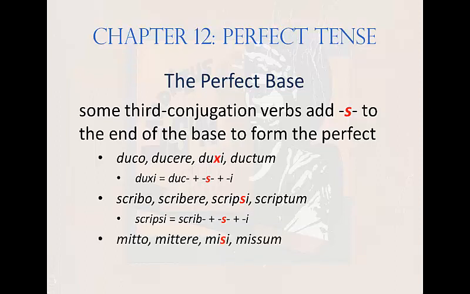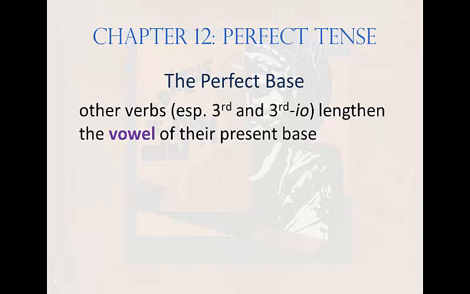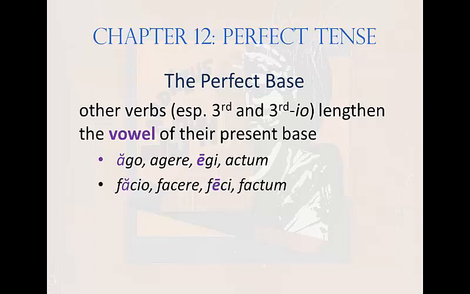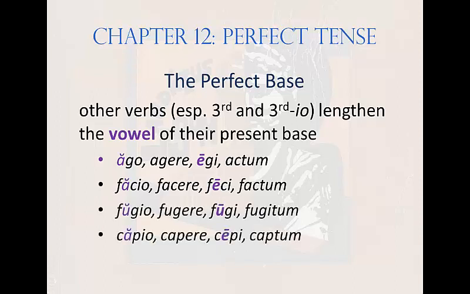In like manner, mitto will form a third principal part, misi, which is the result of s being added on to the end of the present base, mit. Other verbs, and especially those which are third and third io conjugation, lengthen the vowel of their present base to form their perfect base, such as ago, agere, egi, actum, facio, facere, feci, factum, fugio, fugere, fugi, fugitum, and capio,